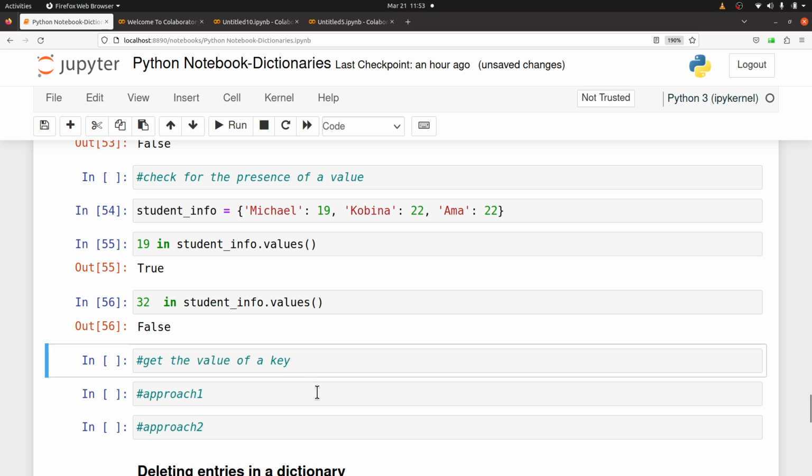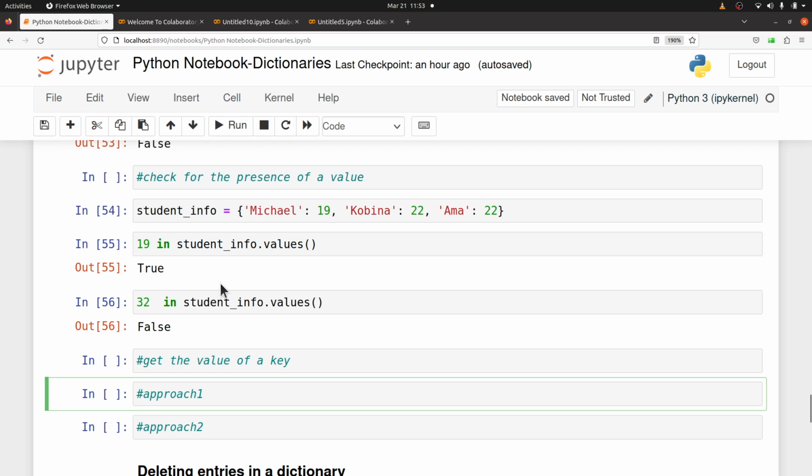Now let's look at another thing here. How do we get the value of a key? I have my dictionary. There's Michael, there's Kobna, there's Amma. These are the keys and these are the respective values. So if I want to get the age of Michael, I'm asking what is the age of Michael. That's what this one is for, getting the value of a key. To narrow it down to what you have here, we are asking how to get the ages of the students. So to do that,